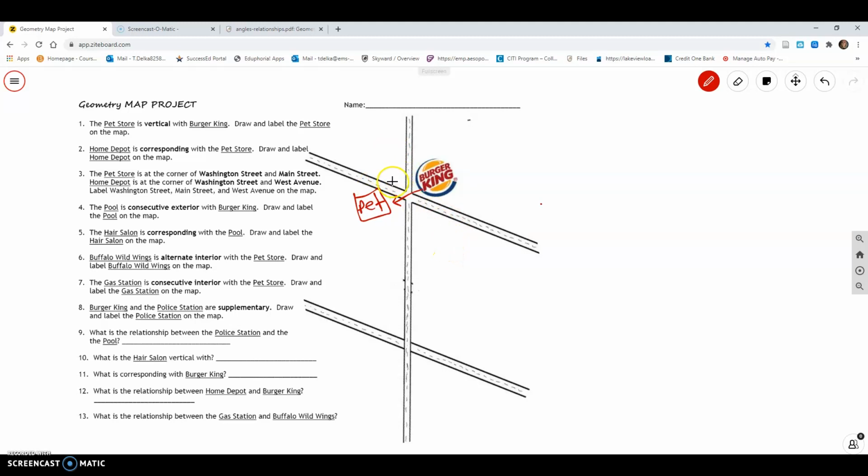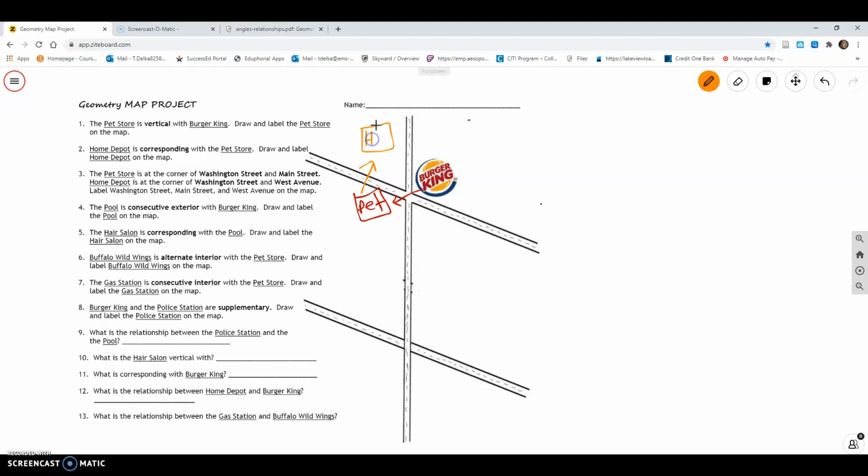Does that make sense? Okay, so Home Depot, and Home Depot is orange. So let's color it orange just to help me out, okay? So here we go. The pet store is going to Home Depot, which is corresponding. And I'm not going to call it Home Depot. I'll just call it